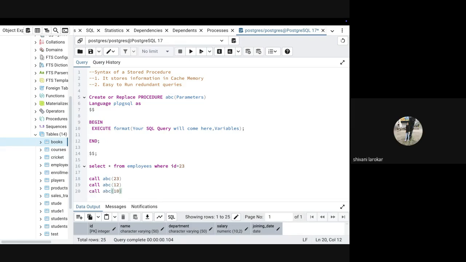Is it working like a function? Yeah, exactly, like a function. Just that it is not a function, because functions are different in SQL as well. The difference between a function and a stored procedure is that functions return something. Stored procedures do not return anything. It will not give any output. So once you run this, it will just show query executed. You will have to go and check the output.